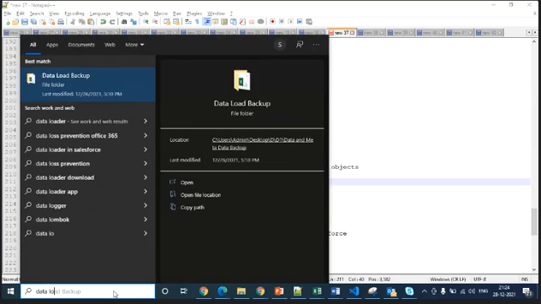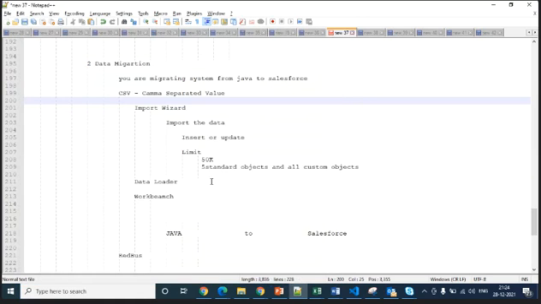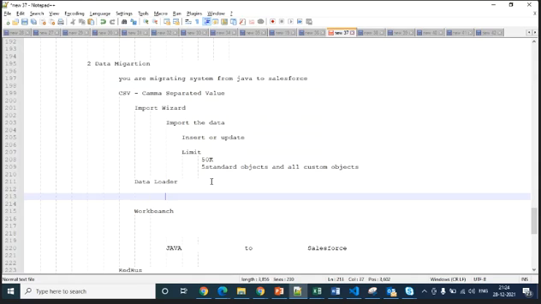For example, I don't have the data loader. Ideally, we need to install the data loader. Once you install it, it will open in this data loader.